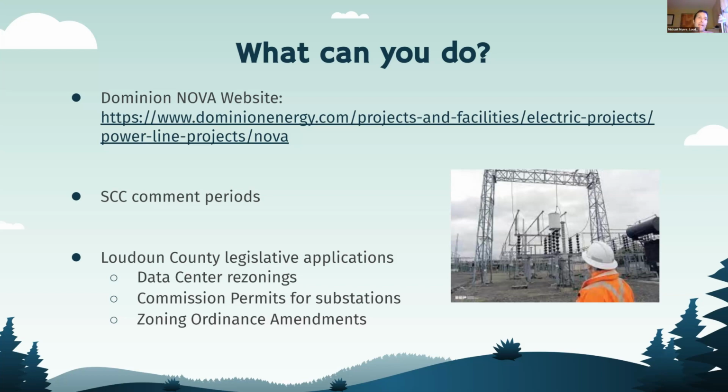There's a variety of layers that go into that, but there's a state approval process for where the transmission lines go. So there's no local legislative process for where to put the transmission lines. However, as I just noted with the data center locations, those are opportunities for you all to get involved. And one of the things that I think is important for us to ask ourselves is,